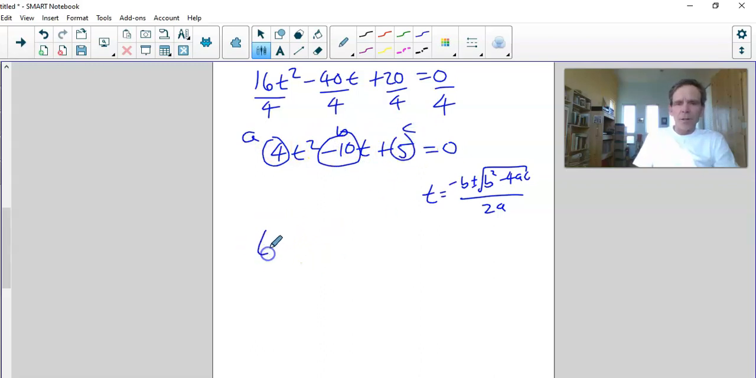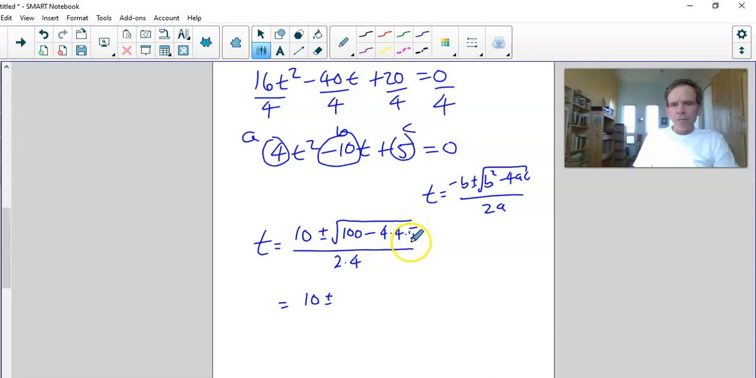So for us, t is going to be, well, the opposite of negative 10 is positive 10, plus or minus the square root. Now b squared, negative 10 squared is 100, minus 4, and then the a is 4, and the c is 5. All right, and we're going to divide all that by 2a, so 2 times 4. All right, so let's start cleaning this up a little bit. The square root is 100 minus, well, 4 times 5 is 20, times 4 is 80, so it's 100 minus 80. That's the square root of 20,